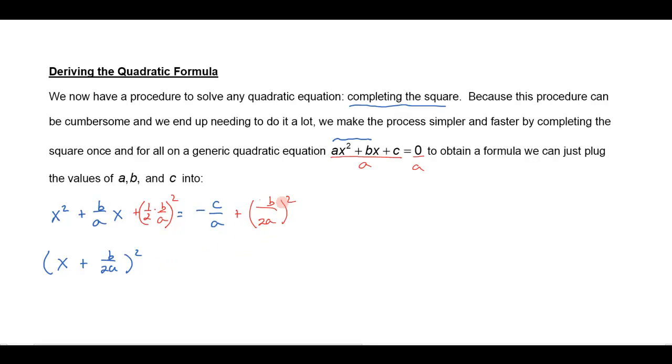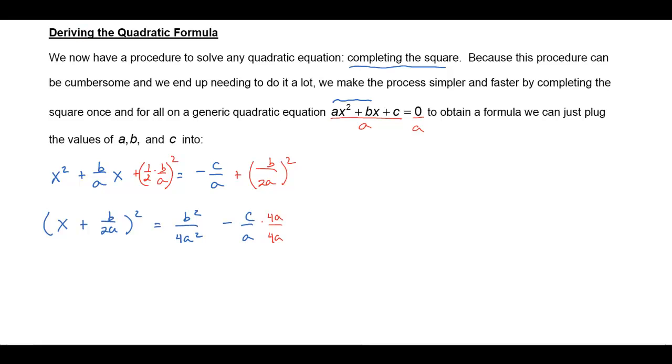Now over on the right hand side, let's go ahead and simplify this. That's going to be b squared over 4a squared, and then I've got the minus c over a. Alright, so I just put it in order, and then I notice I'm going to have to get a common denominator here. So let's multiply here by 4a over 4a, and then I've got x plus b over 2a squared is equal to b squared minus 4ac all over the 4a squared. Alright, so if I've got something squared equal to this, I can go ahead and extract the square roots,